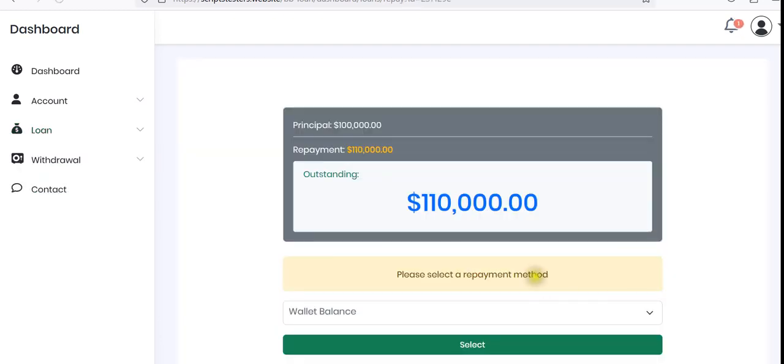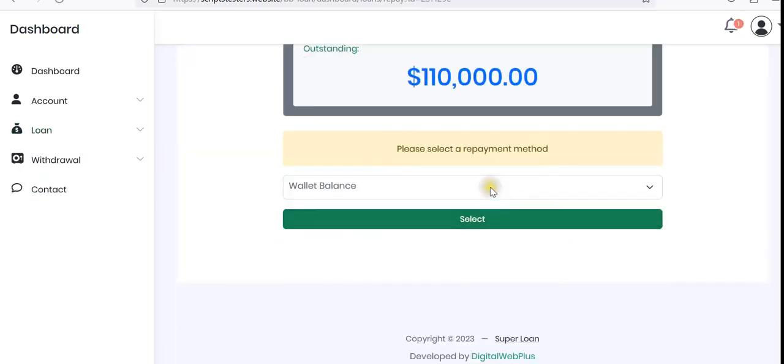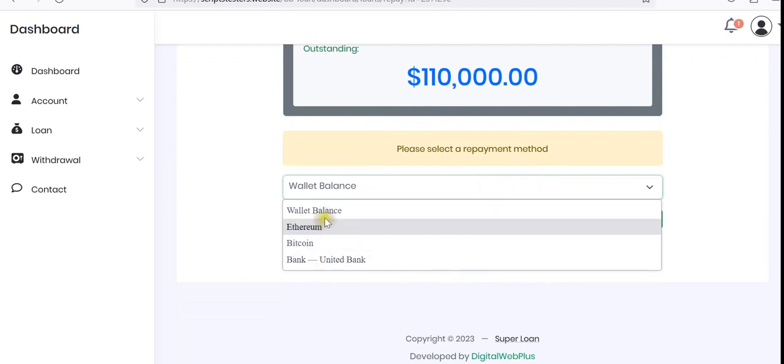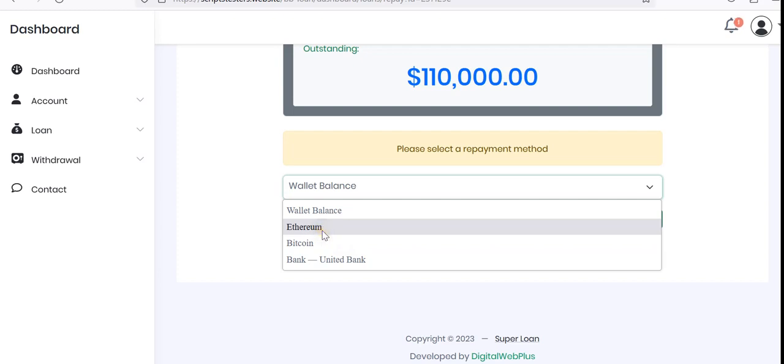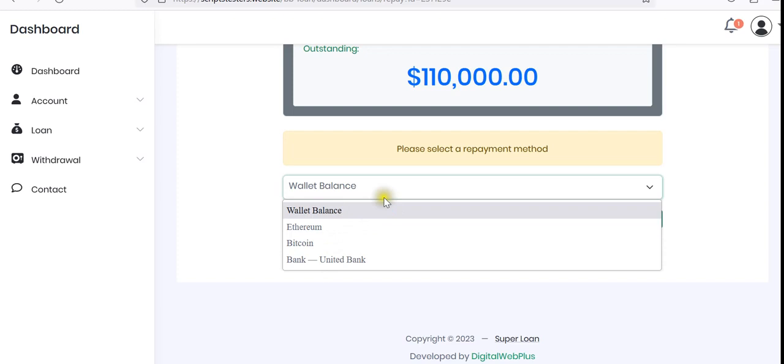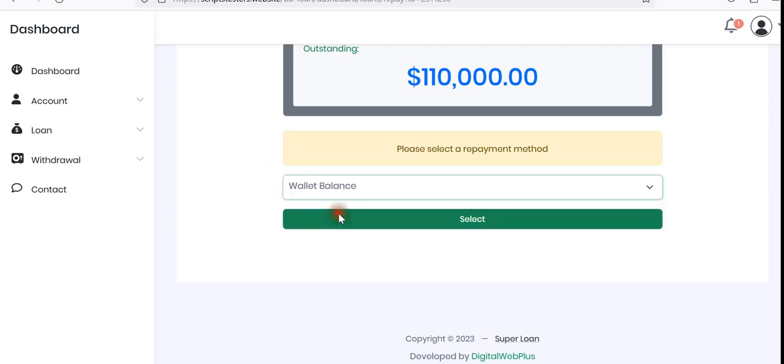So if I click on repay now, how much do you want to repay? You see, you can repay from your wallet. You can choose a payment method and repay. So first, let me use wallet. Remember, we have 50,000 left in our wallet. So if I select wallet,